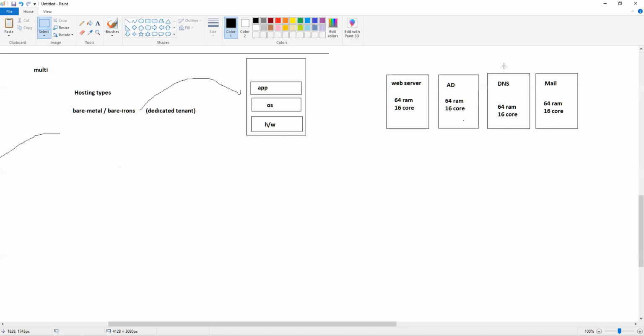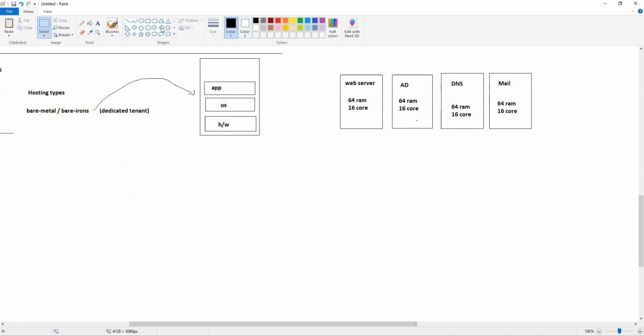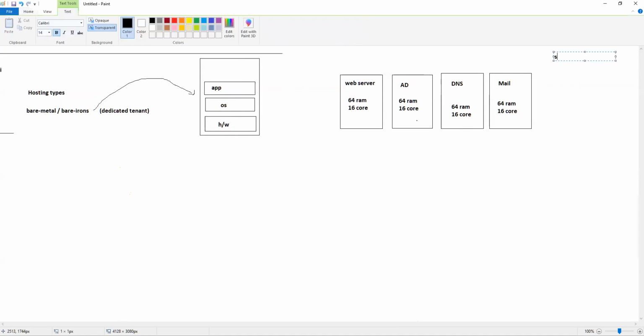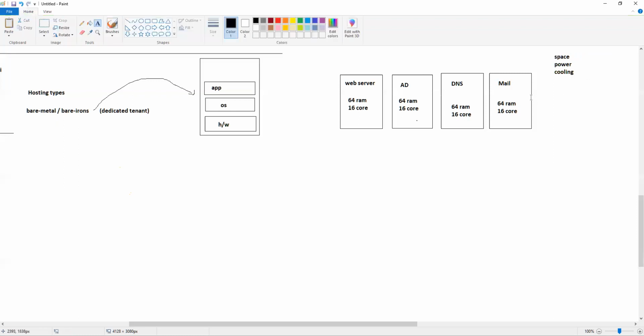Now, in order to store these 20-50 servers, the first thing I would need is space, because I would need a lot of space. There are like 50 servers, and no matter how efficiently I put them together, I would still require some space to have these 50 servers. And then the power will also be there. The cooling will also, because these 50 servers will generate heat, as they're running all the time. I'll have to keep them running all the time. And then the resources as well.